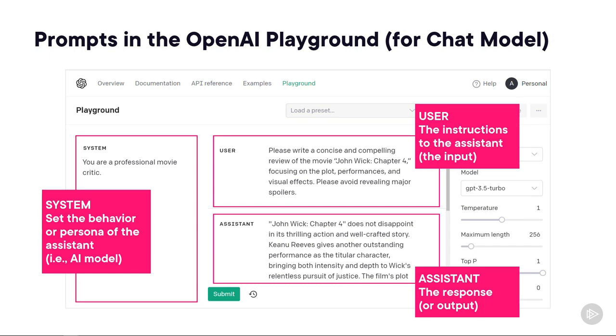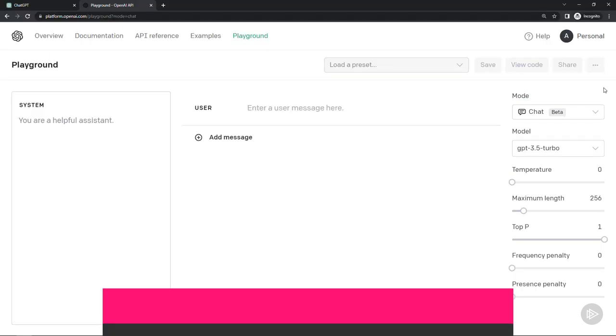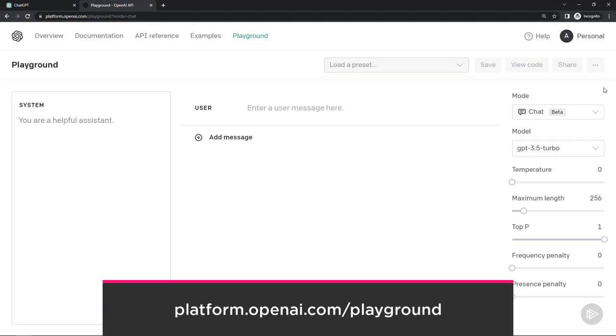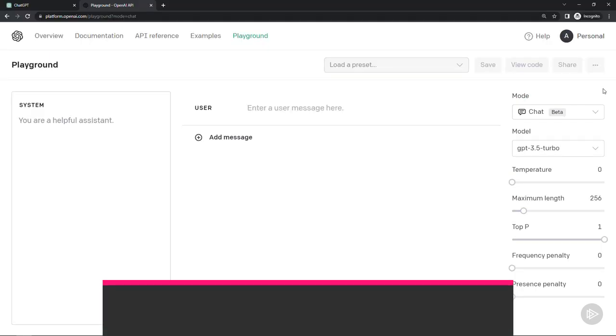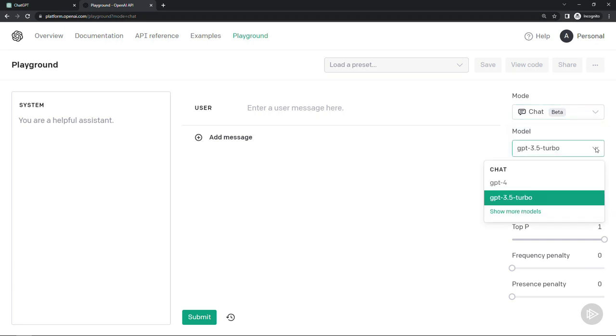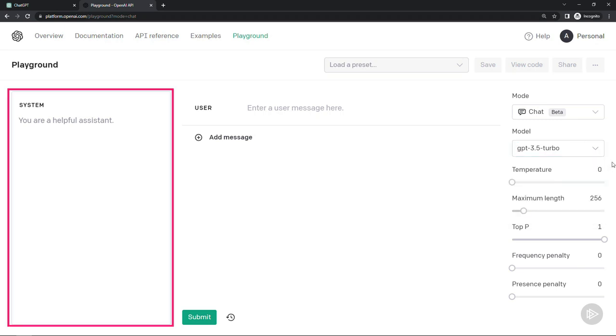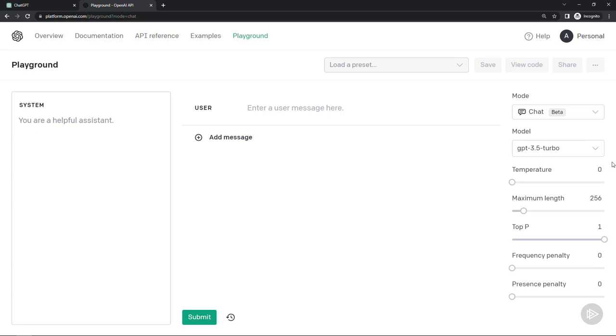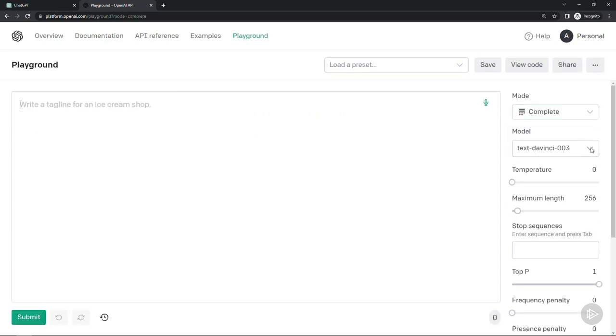Let's go take a quick look at this page. This is at platform.openai.com/playground, and then your mode over here is going to impact what you see on the screen. So chat is where we are now. This is going to give you access to GPT-4 functionality. Right now we're just in 3.5, but when you're in this mode, you're going to get the system window over there on the left. If you change the mode, so let's go into complete,